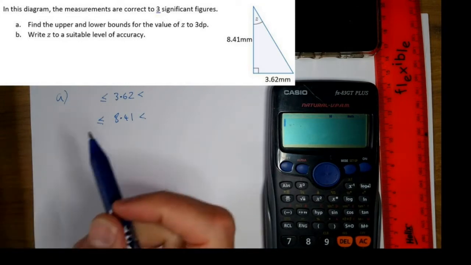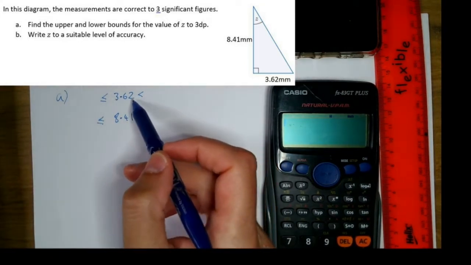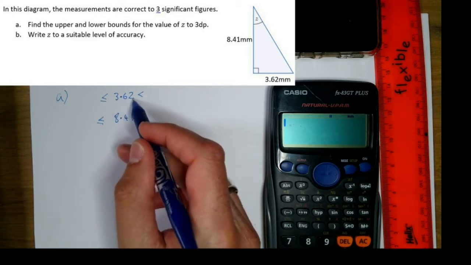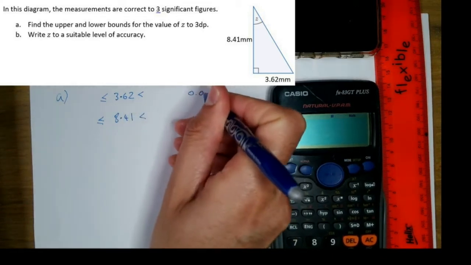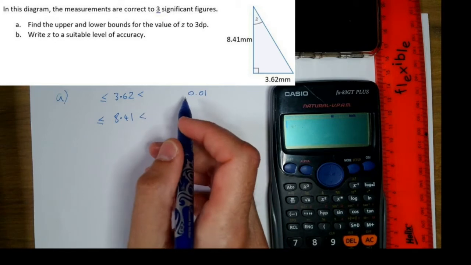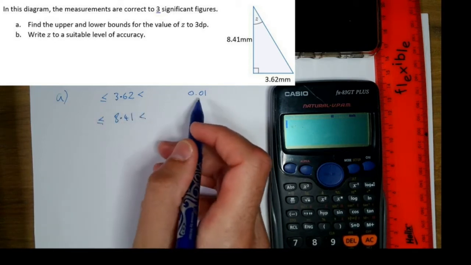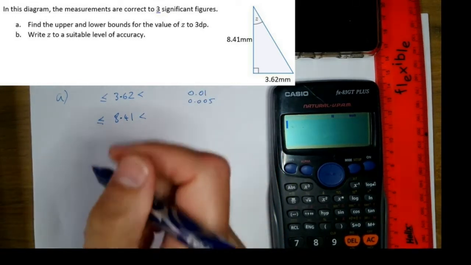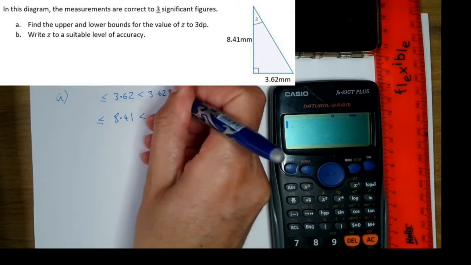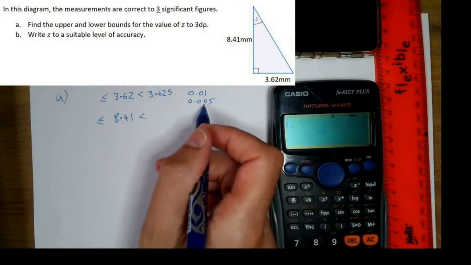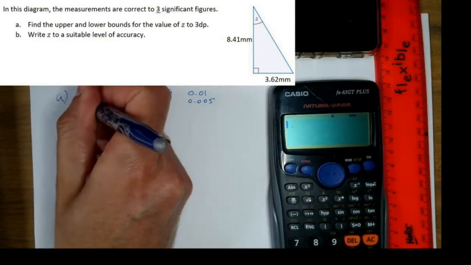Now then, it's been rounded correct to 3 significant figures. So in this first number, 3.62, that is the third significant figure. So it's been rounded to the nearest 0.01. So we need a bound that's 0.01 wide. So we've got to go halfway up and halfway down. Half of this is of course 0.005. So the top one will be 3.625, adding this on to 3.62,